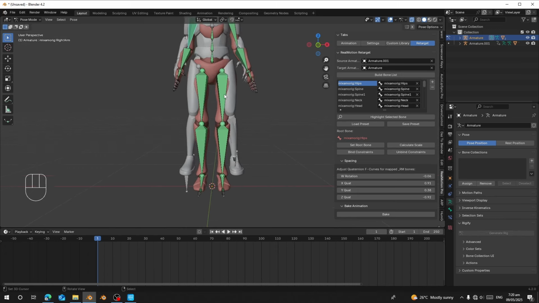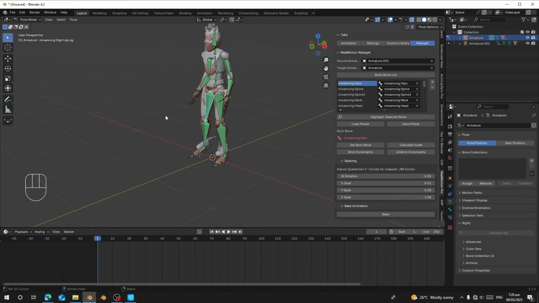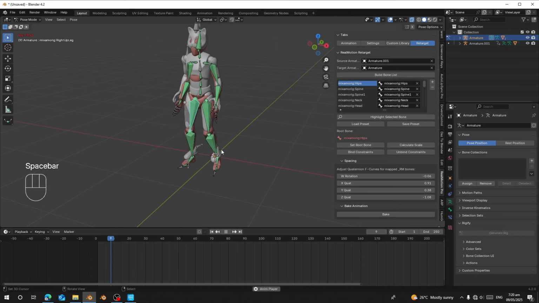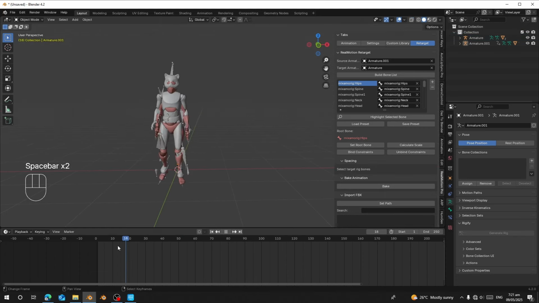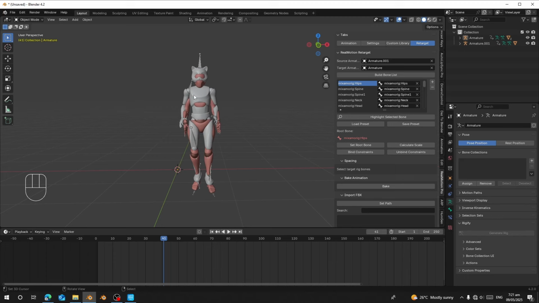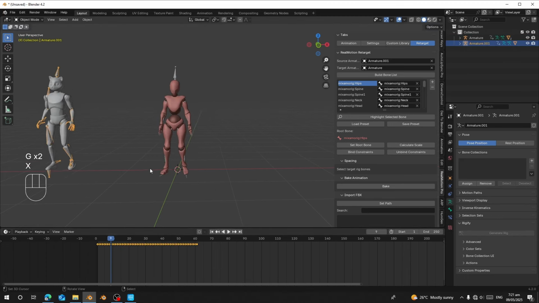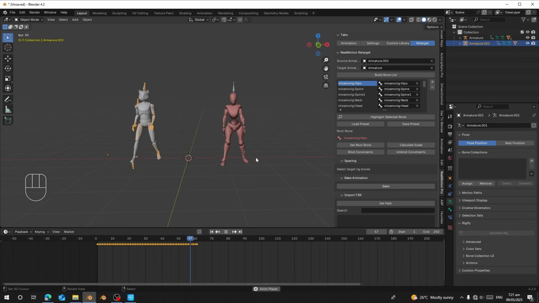So after I've done that, I'm going to space also the leg. Okay, so I'm going to do the same for this guy, and once I'm done, they are going to have the same poses. So now when I move it, you can see they move the same. Okay, so once I finish, I'm going to click on bake, and it's going to bake the animation. So here I can select this one and move it here, and you can see they are doing the same animation. Okay, and they have the same